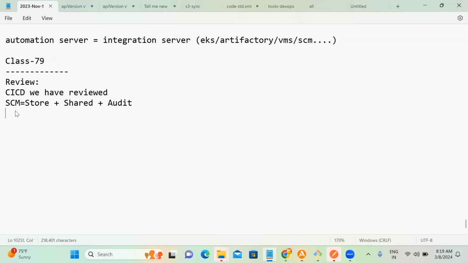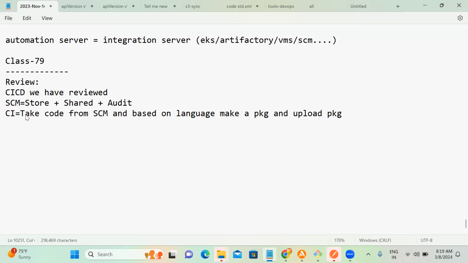We have reviewed CI/CD. CI means what? Anyone? Continuous integration. That is the English definition. Package to Artifactory. CD, take the